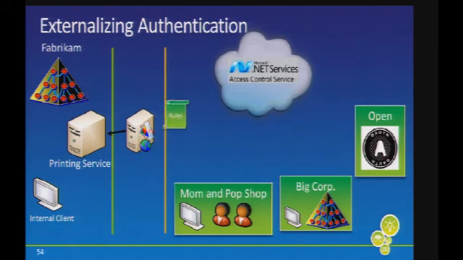We created some rules, and we put those in the access control service. So when mom and pop sign in with their secret key, since they don't have ADFS, they don't have anything fancy, they're issued an SWT, which we use to authenticate them, and they can get into our service. We issued a couple more rules about Big Corp, so when they present their SAML token, they get an SWT that we understand, and now they can access our service just as easily.